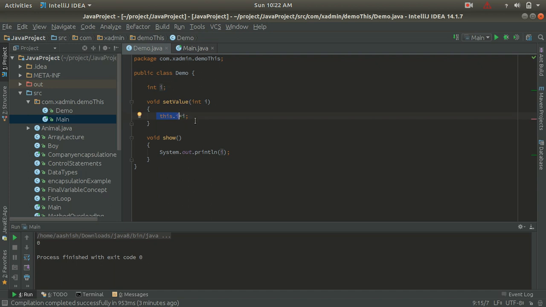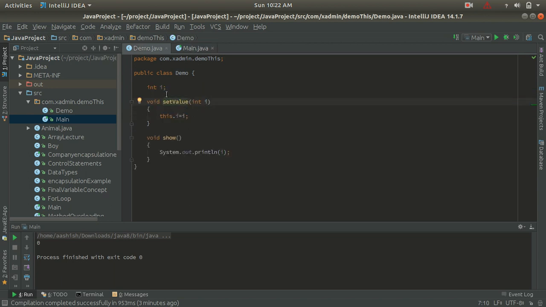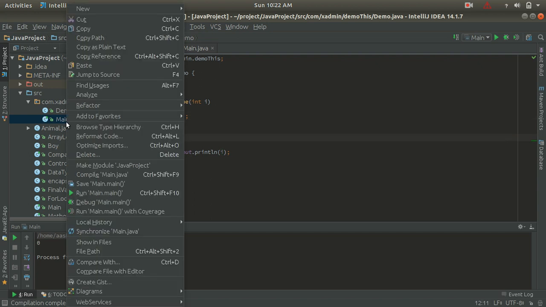So it is going to store the value 7 to the instance variable of the demo class, because we have used this dot I, and this dot I is referring to the instance variable, right? So let's run this program.